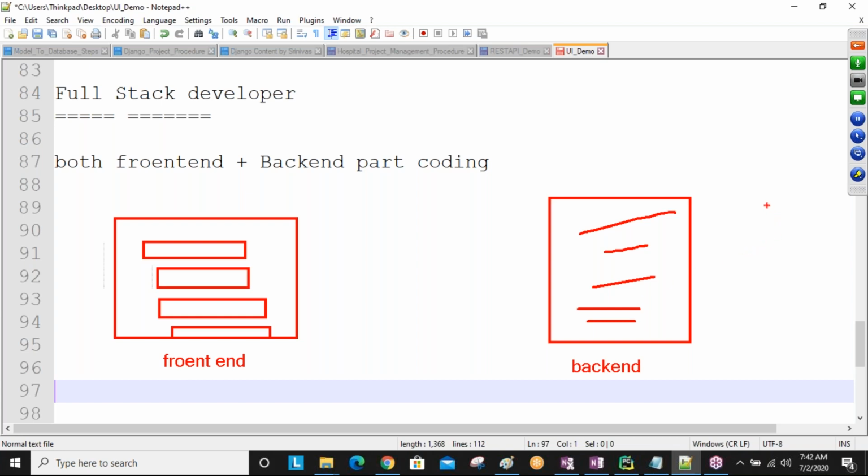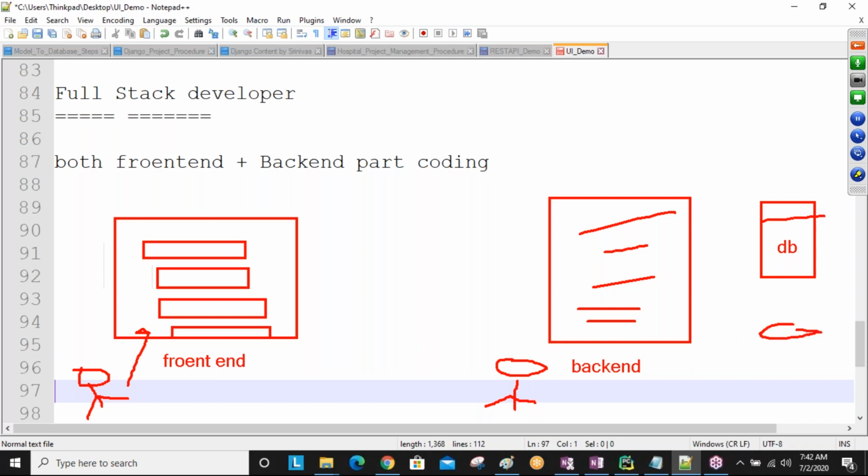Here one database is there. One person only knows front-end code development, another person only knows back-end code, and one more person only has some database knowledge.